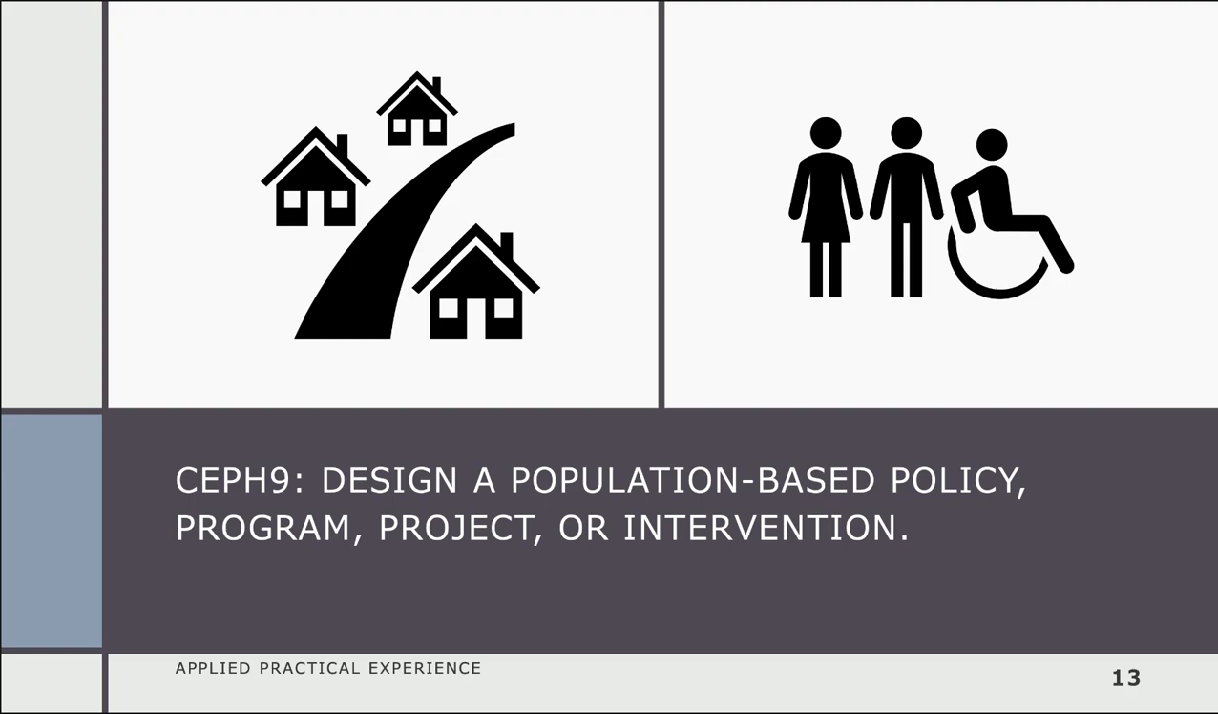Competency number 9 is to design a population-based policy, program, project, or intervention. Supporting documents for competency number 9 are the Community Resource Guide. This competency was fulfilled through the creation of the Glacier County Community Resource Guide. Completion of the Resource Guide project was done through Glacier County, Cut Bank, Browning, Babb, and East Glacier